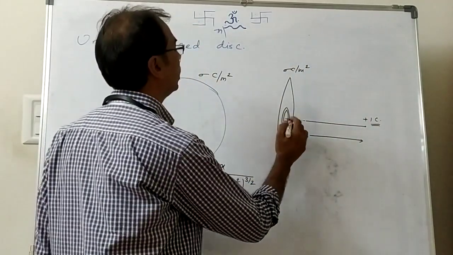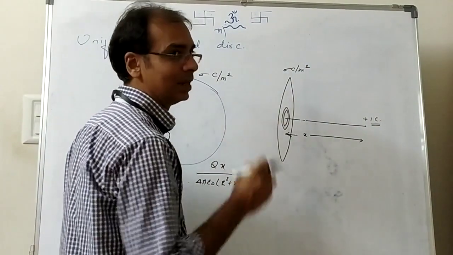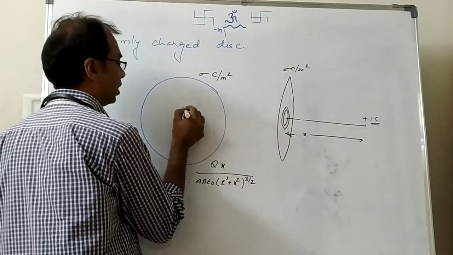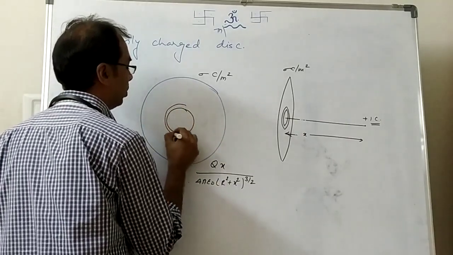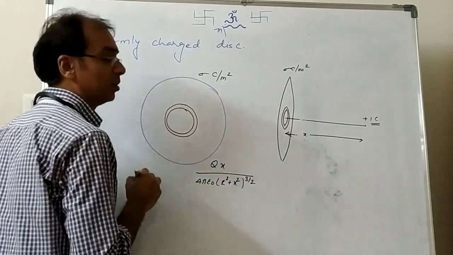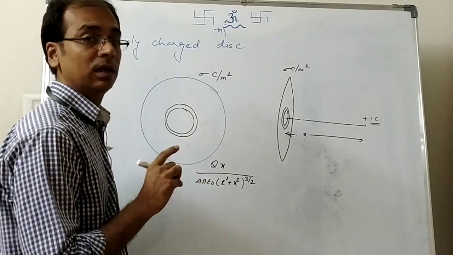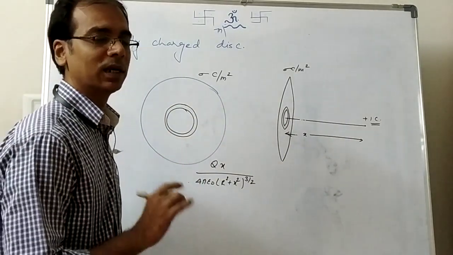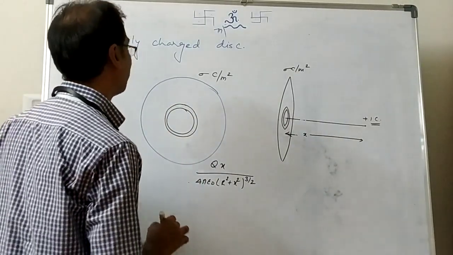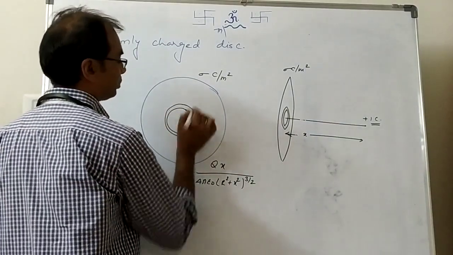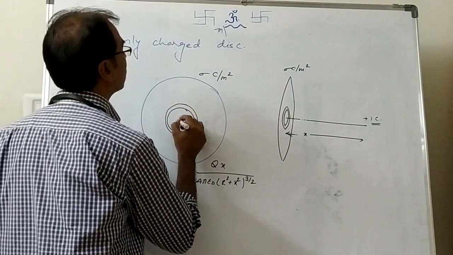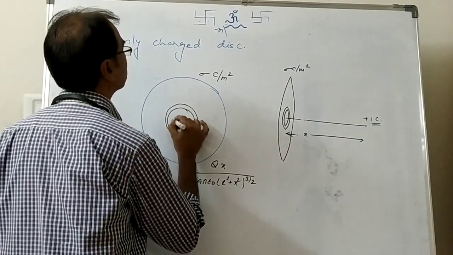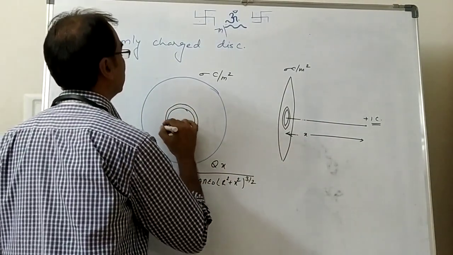So a small ring we are going to take here as an element. Just check how the element has been taken. If you remember, you did a similar thing in center of mass and calculation of moment of inertia. Exactly the same thing I am doing. So this is the ring. Remember, it's a ring. Let's assume its radius is r and its thickness is dr. It has a thickness.